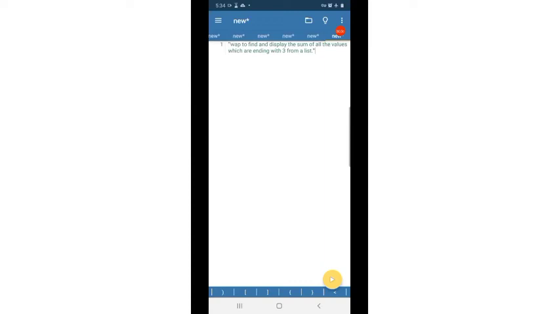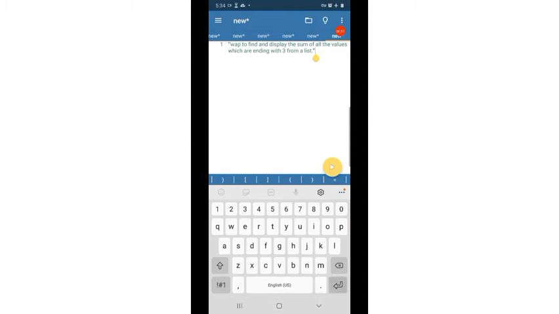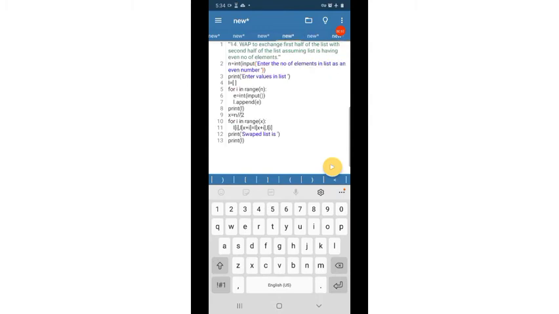Children, let us consider another example from your textbook. Write a program to find and display the sum of all the values which are ending with 3 from a list. Now, from a list, I am copying to enter the elements in the list.